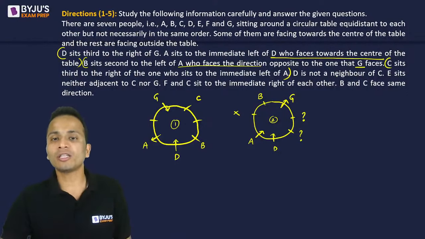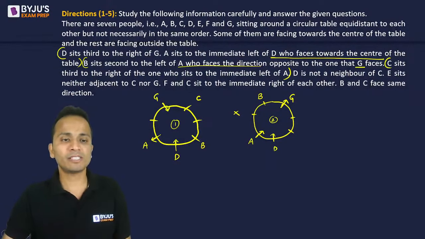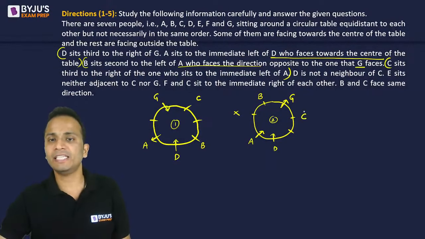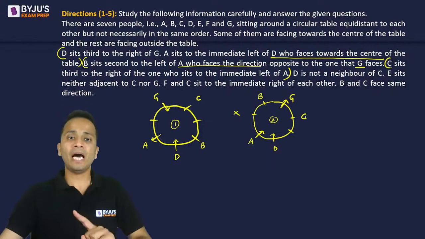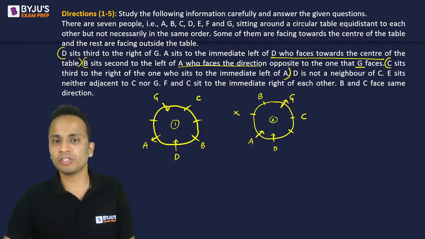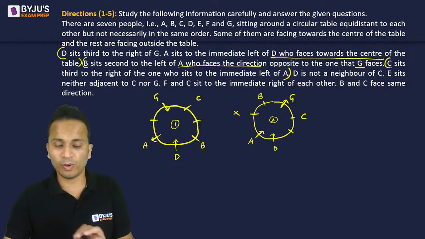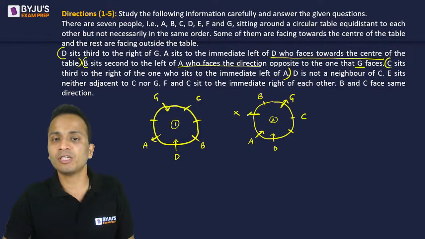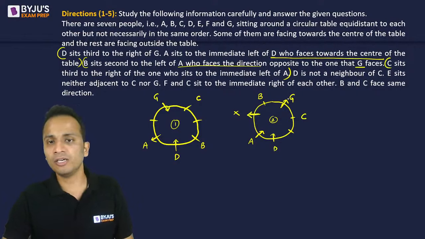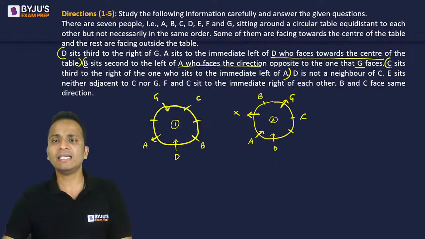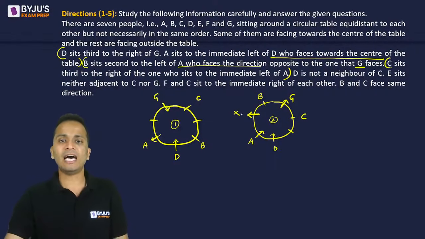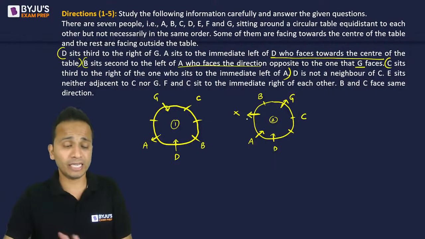D is not the neighbor of C. So C जो है वो D के साथ नहीं बैठ सकता. क्लियर हो गया. तो C कहां पे बैठेगा? C will sit at this place adjacent to G. Okay. अब पिछले वाली कंडीशन पे वापस जाते हैं. ये जो पर्सन था इसका फेस पता लग जाएगा. So third to the right, that means ये वाला पर्सन आउटसाइड फेस करेगा. इसका third to the right will be C and D is not the neighbor of C. Done. ये जो X की जगह पे कौन है ये नहीं पता.